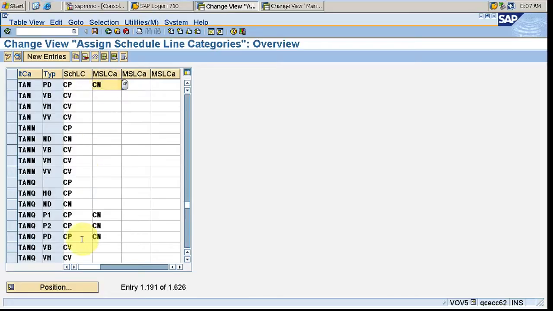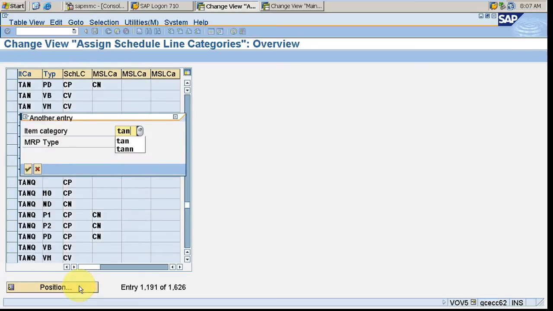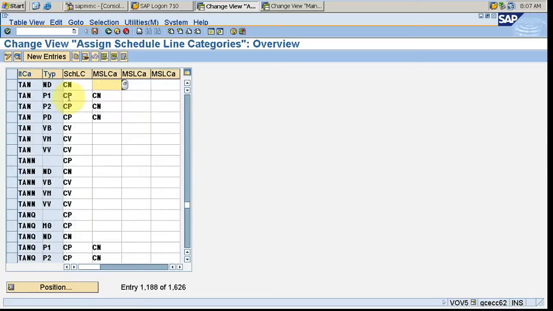Okay, in the same way, TAN and ND, there is no planning, it determines CN, there is no MRP. Okay, these configurations will be there in the system, the basic thing. So we need not do much for this actually, only just check how it is.